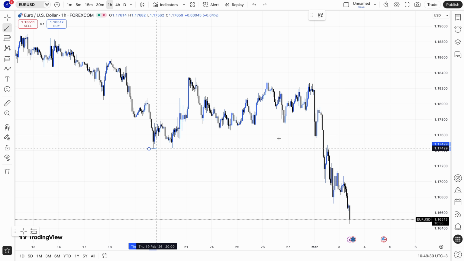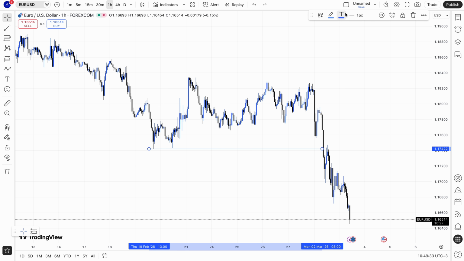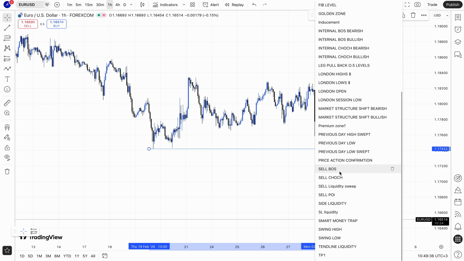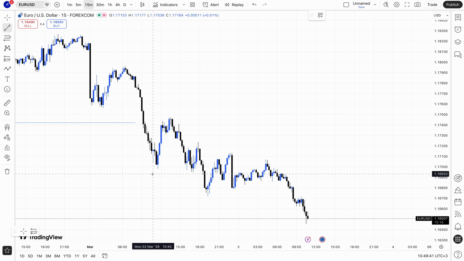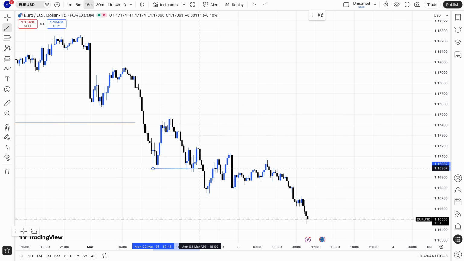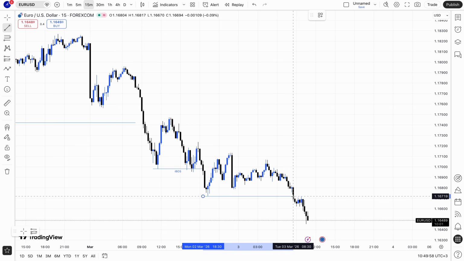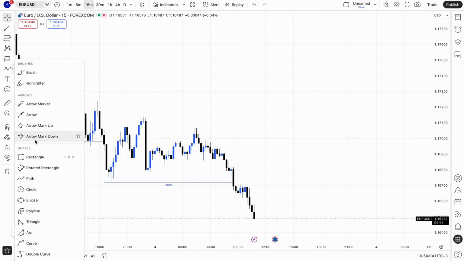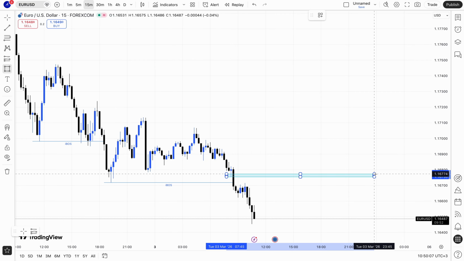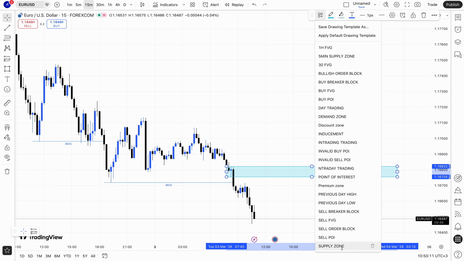And then clearly you can see we had our last break of structure to the downside. Then you have a continuation break of structure to the downside. So one of our order blocks, we have this one, the first one, nice clean sell order